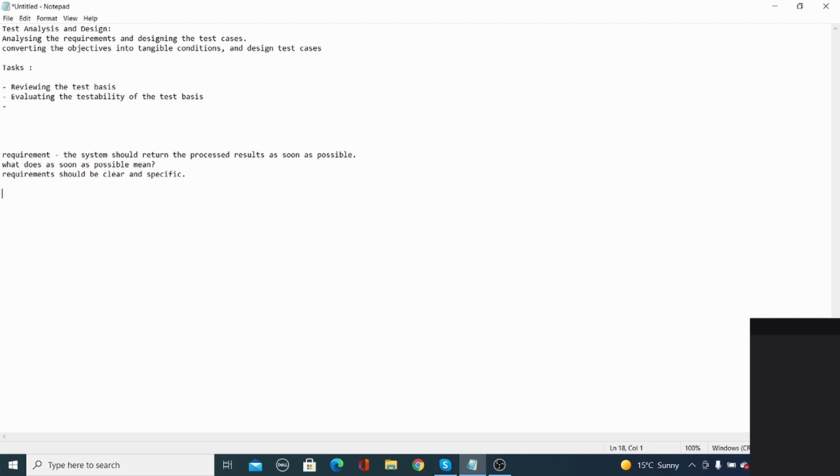Another case where you cannot test requirements: you might not have access to that particular area due to some preconditions, something you can call out of scope or in scope.